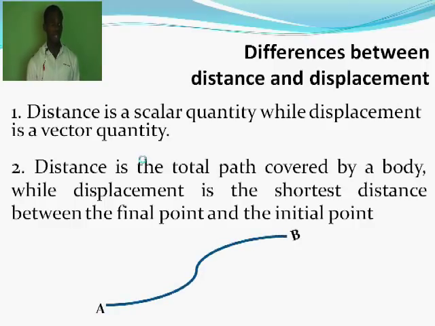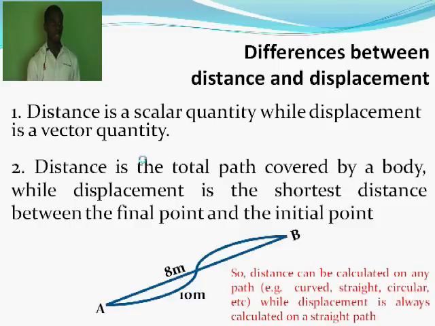Let us understand what we are talking about, considering a typical example. AB in a curved path is measured to be 10 meters. AB in a straight path is measured to be 8 meters. So,